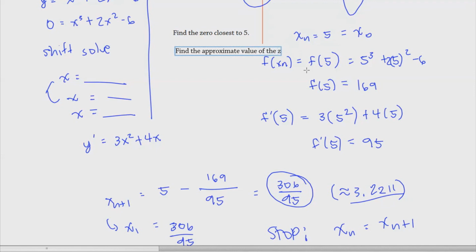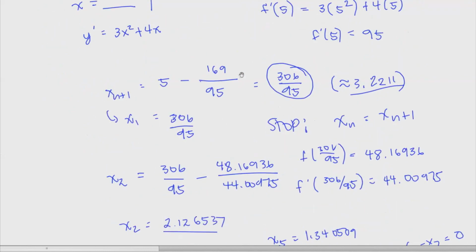Value of the 0, or just the approximate value after, let's say, 3 iterations. Okay, so if this is the question, then your answer should be something like after 3 iterations, so that should be x sub 4 if you started with x sub 0. So after 3, x sub 3, sorry. So if you did 3 iterations, then you should be able to get x sub 3, and in this case,